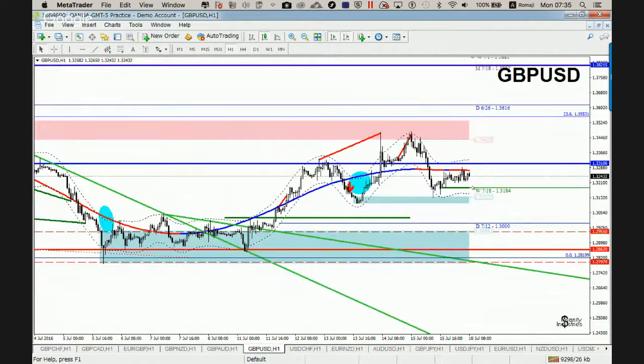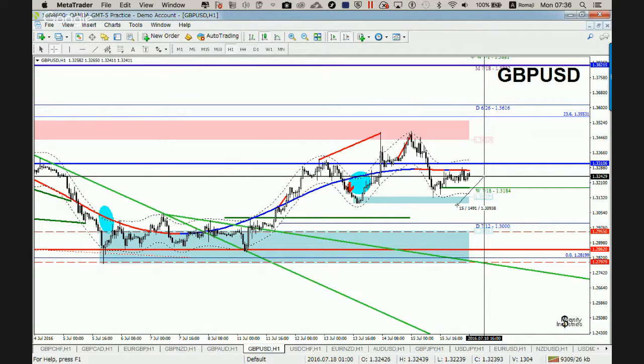But I'm not in it. So potentially this zone here could be an entry point for me on this. Right now, the triangular moving average is bearish. I had a sell bubble here, a buy bubble here. But if I got a new buy bubble, or I got a positive change in the color of the triangular moving average, if I have two things that confirm a trade, and the required stop is hopefully less than 150 pips, then I would consider going ahead